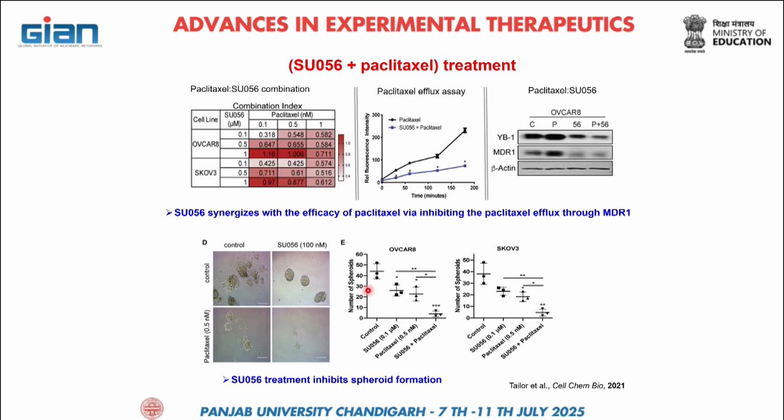Right, and if you look at this combination: control, our drug alone, paclitaxel alone, but when you give the combination, it completely suppresses the tumoroids, the tumor size. Which means it shows that in combination with the new drug, paclitaxel, which is the drug used in the clinic, becomes a lot more effective, and we have shown that it happens because of the drug. In a very simplified way, what I've been telling you is that